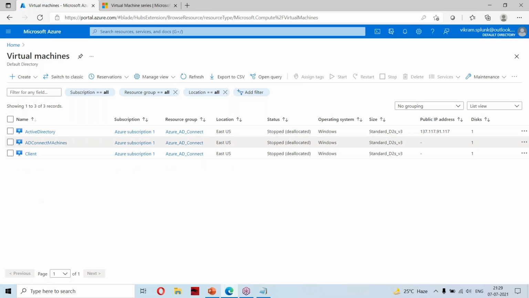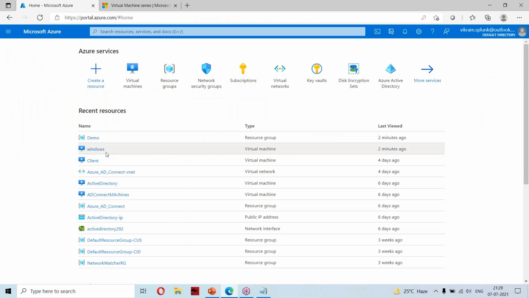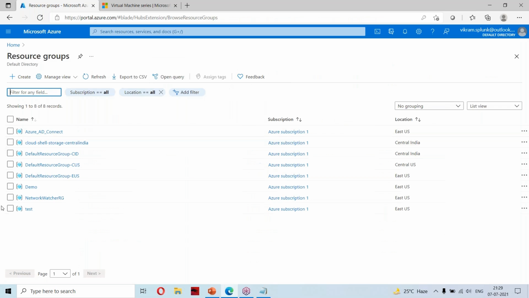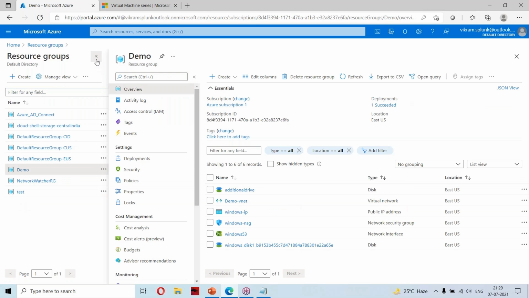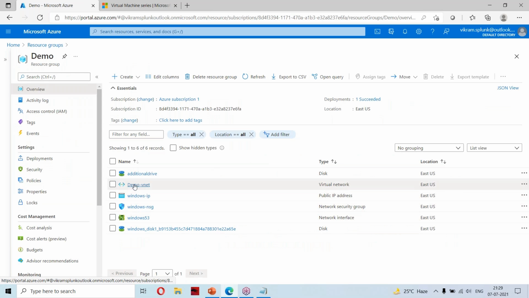Now my VM is deleted. Now if I go to resource groups and select demo, if you see here, I am still having that network drive and all those resources.